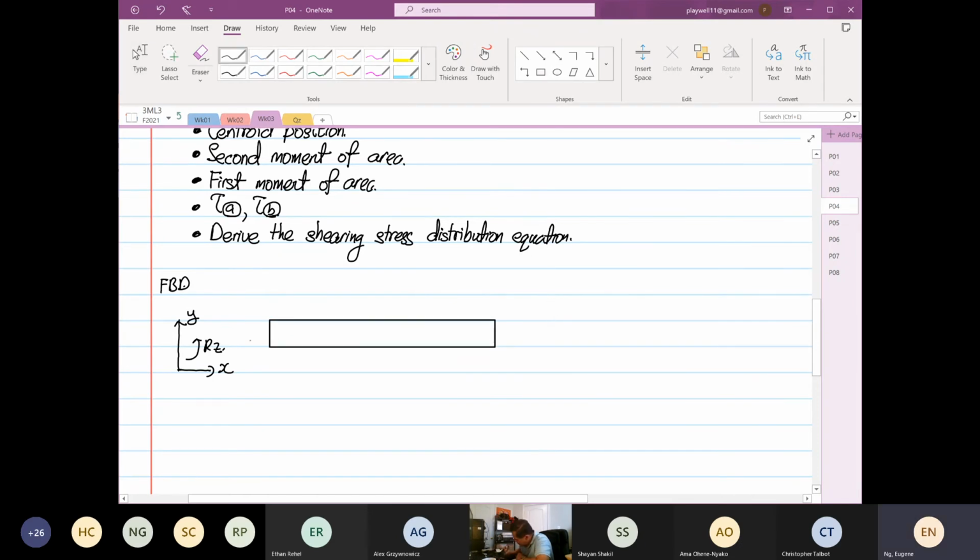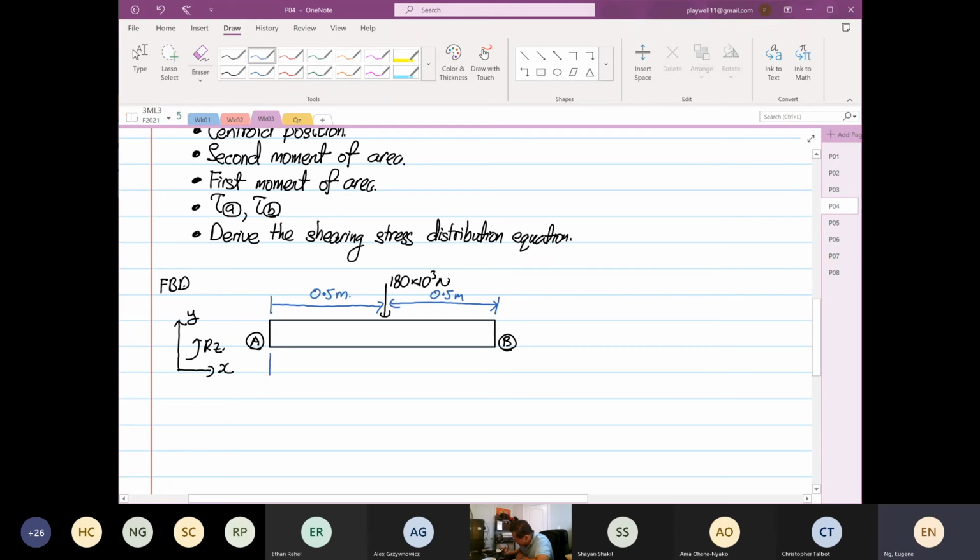So this is our point A, and this is our point B, and directly at the center is a load of 180 times 10 to the power 3 Newton, and we know that the distance from here to here is 0.5 meters,